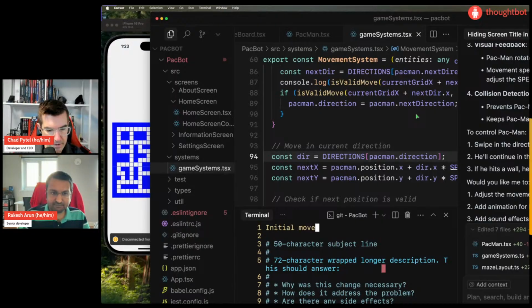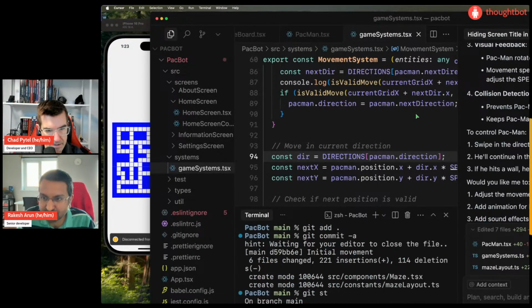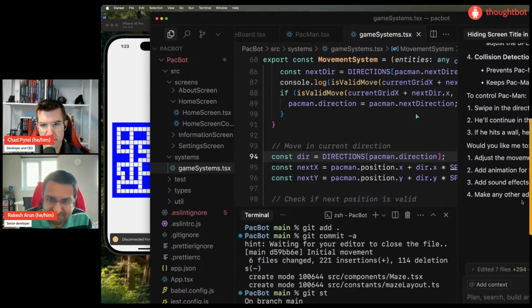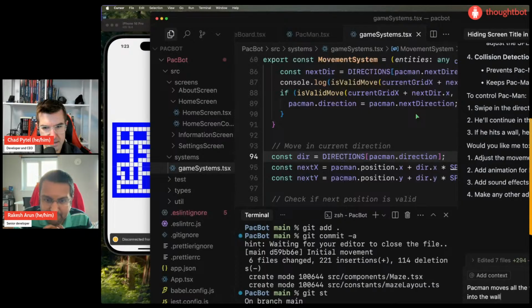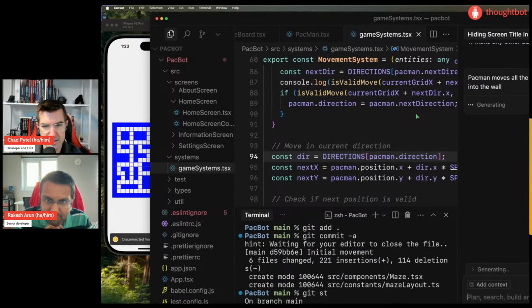Initial movement. Okay. Would you like me? Okay. PacMan moves all the way to the right and then goes one cell too far into the wall. Nice. I should maybe have said something like, can you help fix that? But